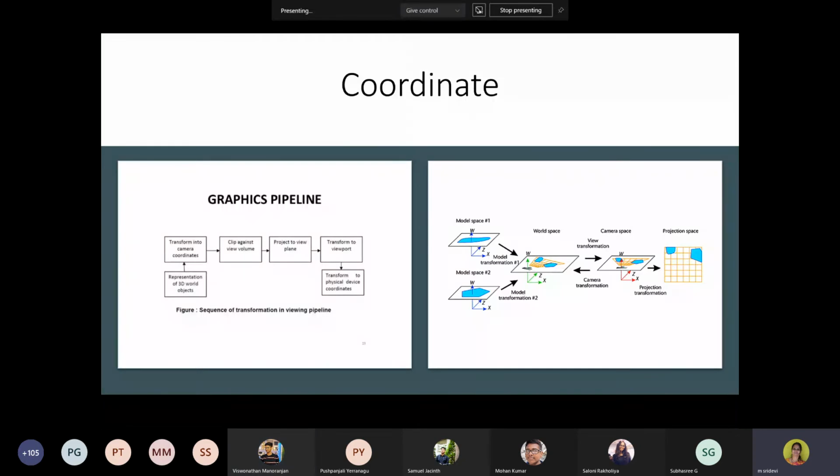Just you are watching the entire screen, which is a world coordinate, and you are making another camera device and you are trying to capture it. That is the camera coordinate. So after capturing, it will be saved in some form that will be projected into one space for display.